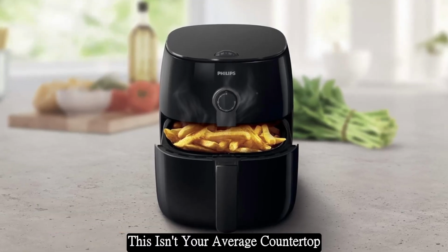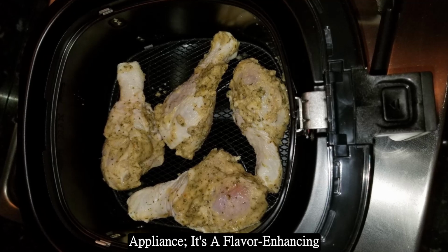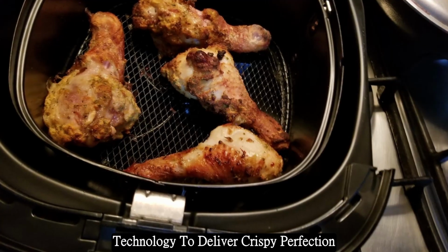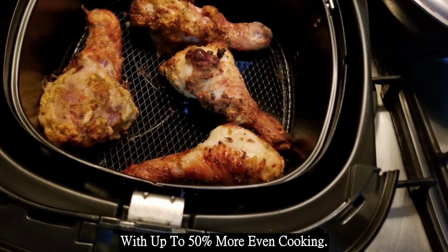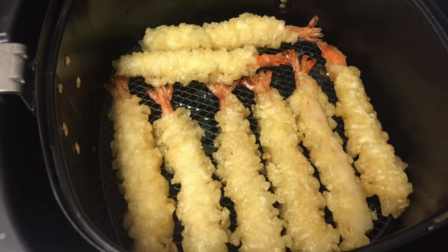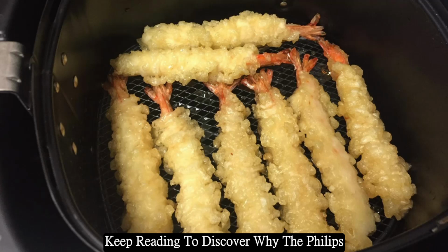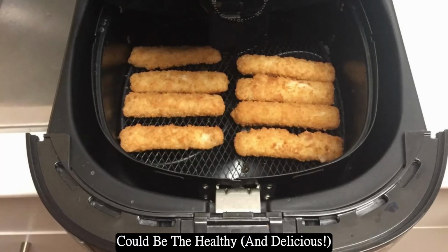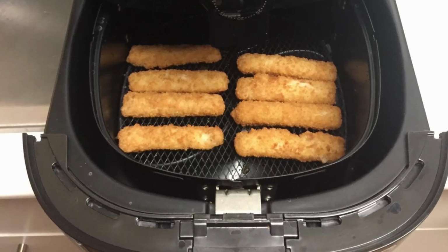This isn't your average countertop appliance. It's a flavor-enhancing powerhouse that utilizes cutting-edge technology to deliver crispy perfection with up to 50% more even cooking. Intrigued? Keep reading to discover why the Philips Airfryer with TurboStar technology could be the healthy and delicious kitchen upgrade